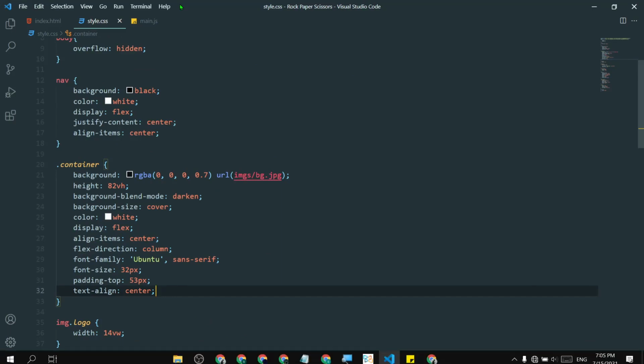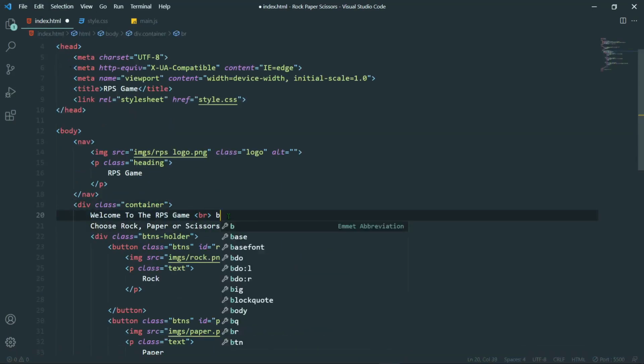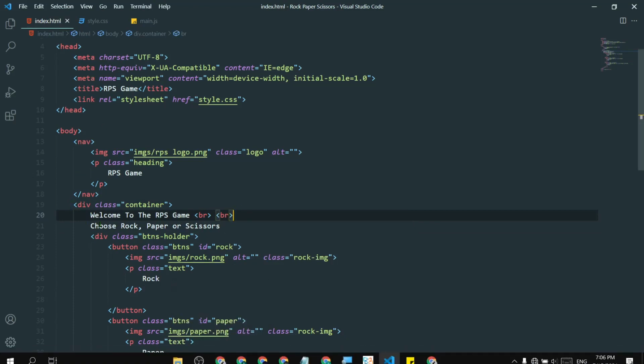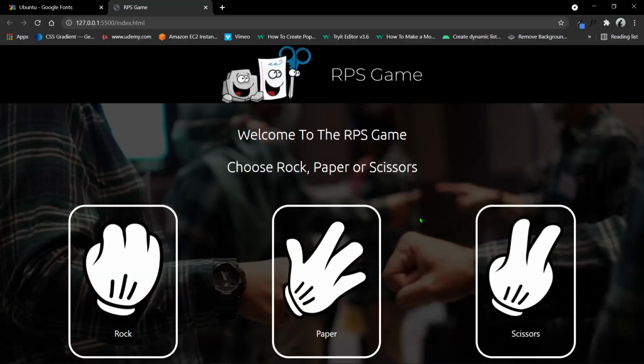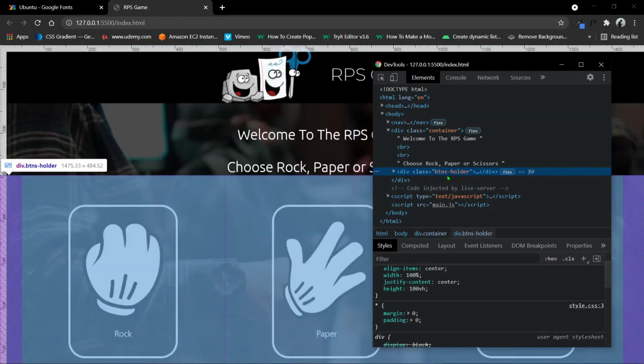Over here text align center, and we will give some more brs. It would be better to do this with CSS, but since I don't want to give a separate margin, class and id, that's why I'm using brs only. So I think this is pretty cool and looking good.